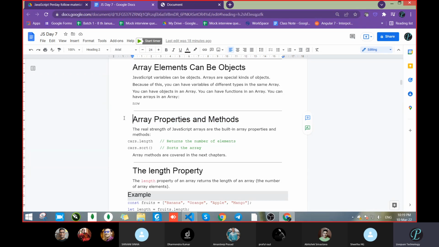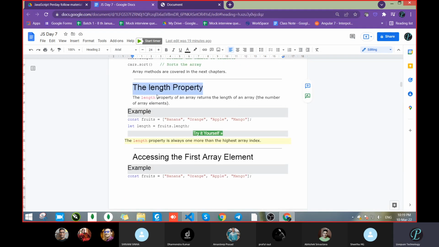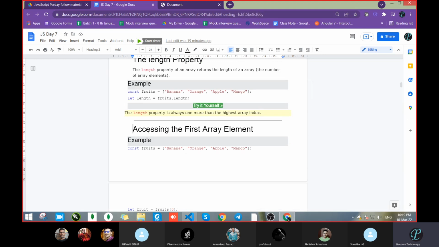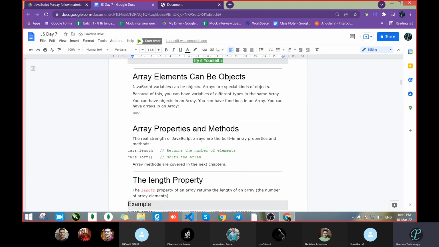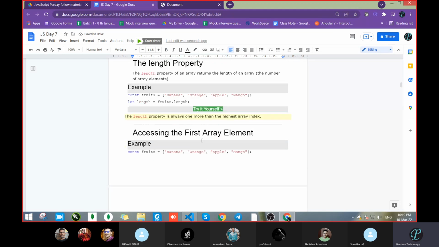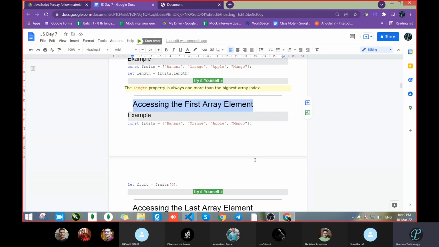As we looked at string and number methods, array also has its own methods, like how to check length, how to access the first array element. This thing we had studied. How to access the first element? Inside this bracket we pass 0. Just we will pass 0. How to access the last element?